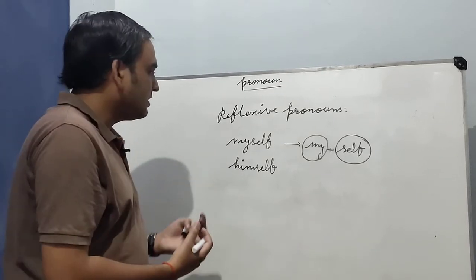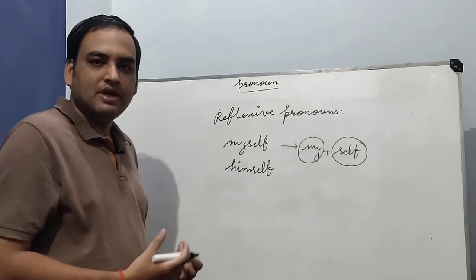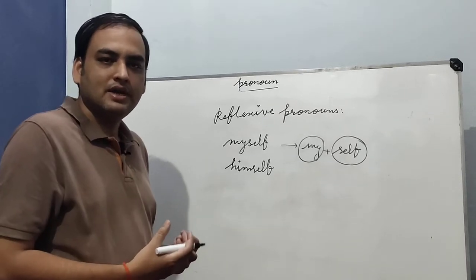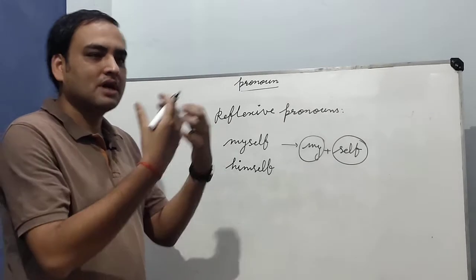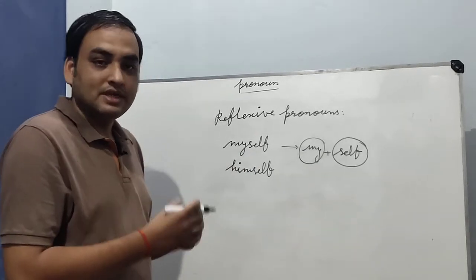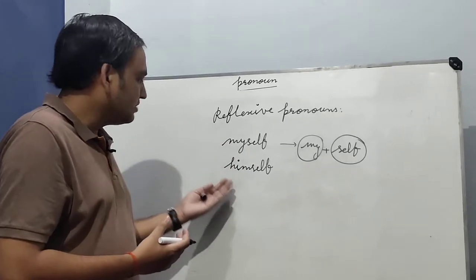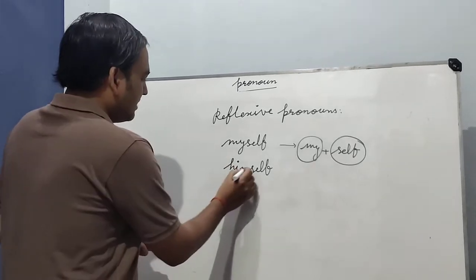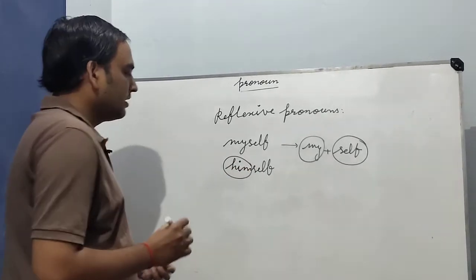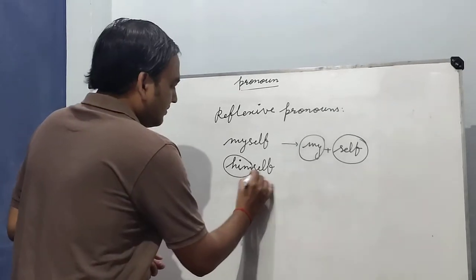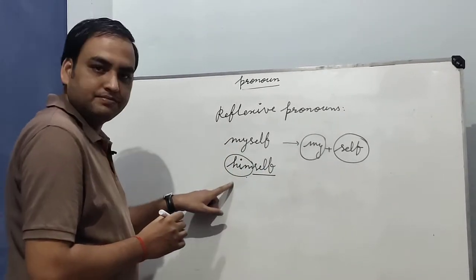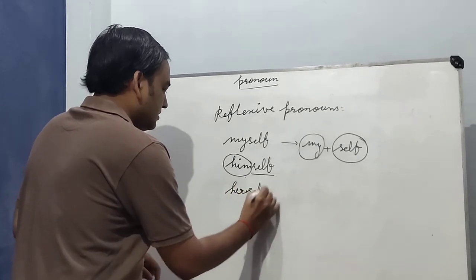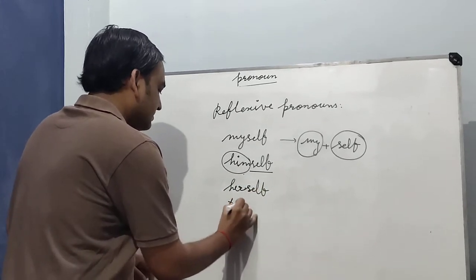Okay, so what is the meaning of reflexive pronoun? We use a reflexive pronoun in such situations when we are talking about ourselves. जैसे मैं कहूँ कि मैं यह काम खुद कर लूँगा, then we will use here myself. We will use here himself, मतलब वह खुद या वह स्वयं. Here we are using self with him, himself. Then herself, themselves.